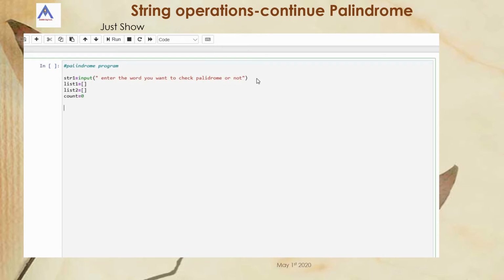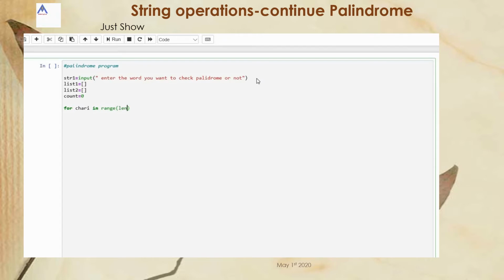This is my assignment. Now I am using a for loop. You can give any variable; I am just giving character in range. Now I want to find the length of the given string.